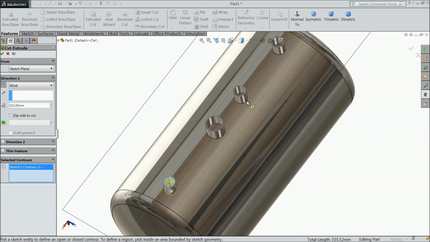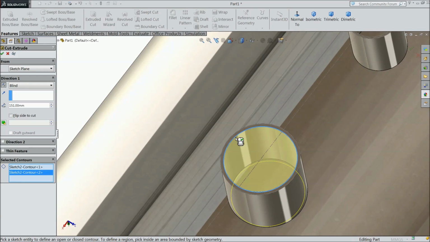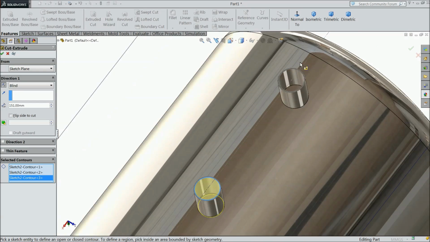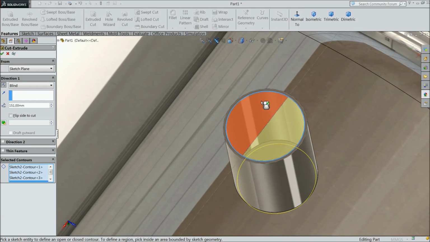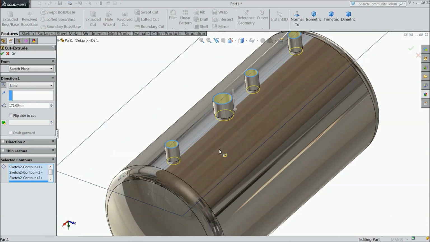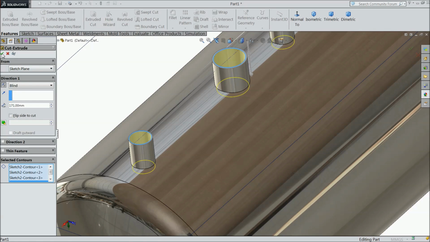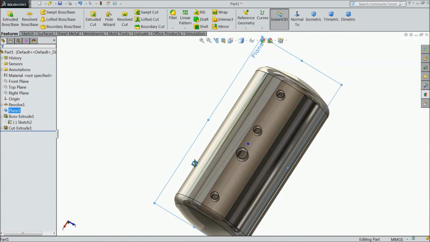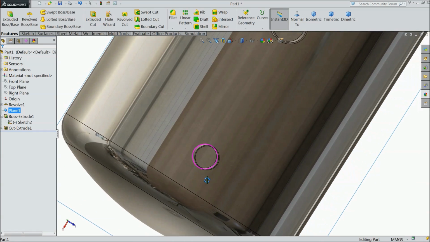Reverse direction, select inside line, that's it, and you can increase it a little. Now this is going to cut the hole inside the pipe. Okay. Now see, it makes the